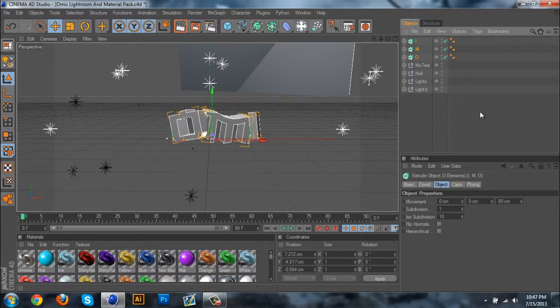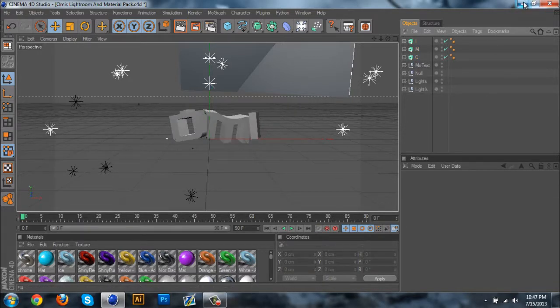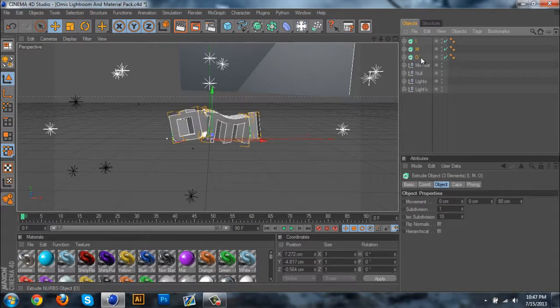And if you do not have NitroBlast, look it up on YouTube on how to download it. It's a plugin for Cinema 4D. Anyways, you duplicate it. You get the extra pieces,